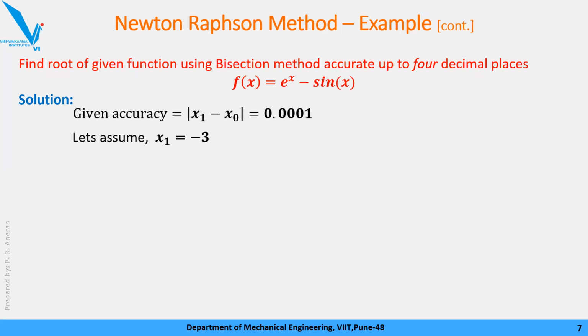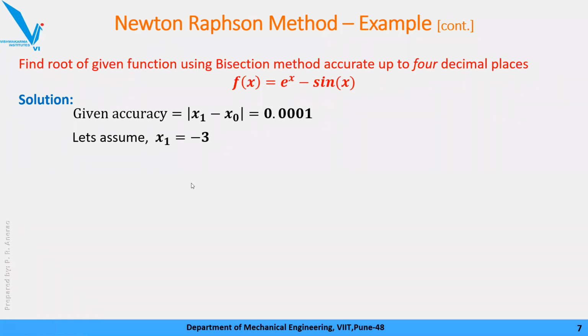If the problem statement doesn't have an initial guess, you have to assume the initial guess and please check for convergence. So in our case, we didn't have an initial guess. That means whatever assumption we made, we have to check whether convergence will happen or not. Okay,